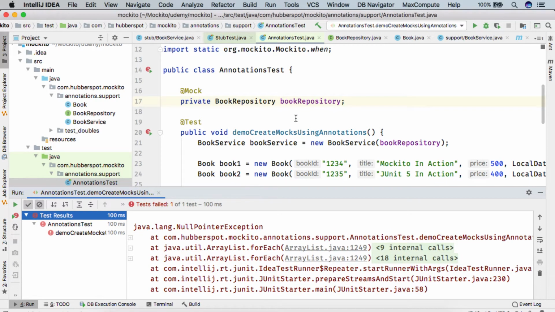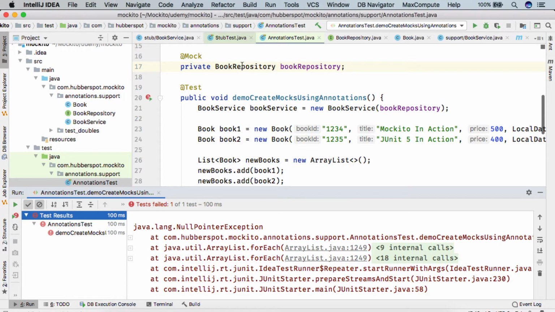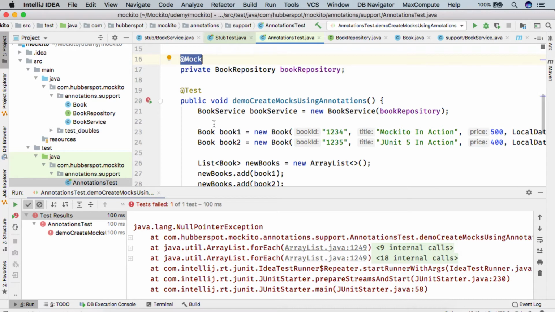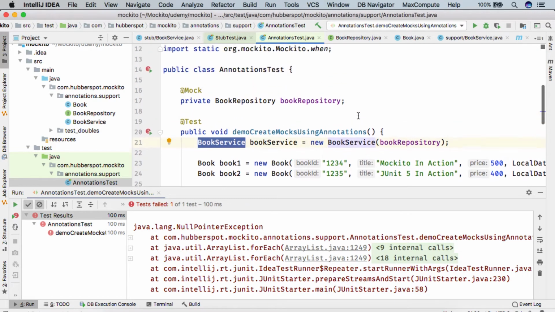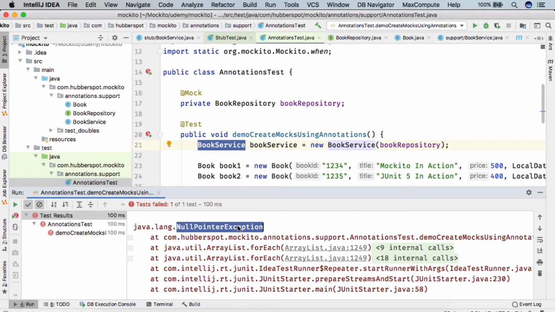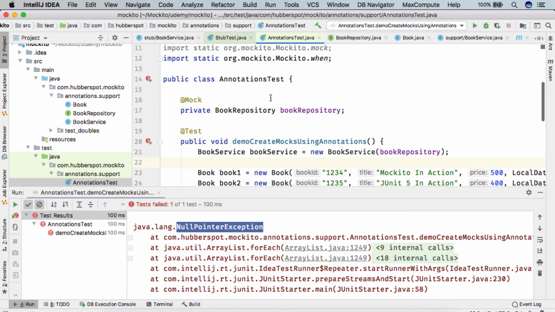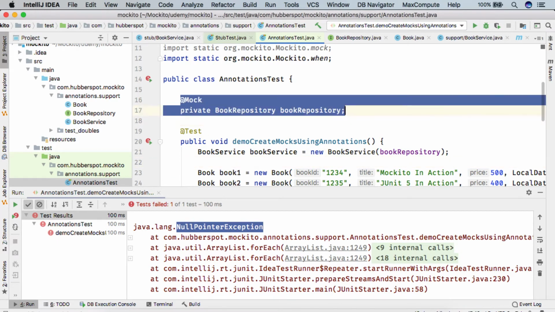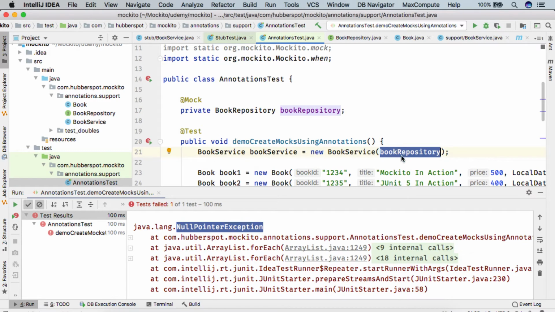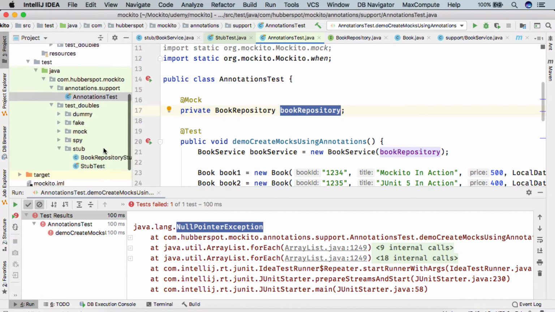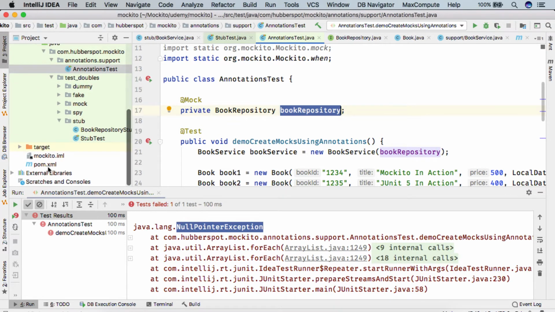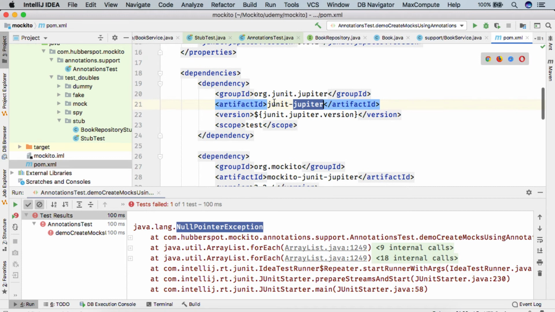So friends, here you can see that we created the mock object of book repository using @Mock annotation. But when we ran the test case, it failed, giving null pointer exception. Because when we ran the test, there was no way to tell Mockito that please use @Mock annotation, and that whatever dependency we are providing is a mock dependency. So friends, as we are running these test cases in JUnit 5, which is JUnit Jupiter,